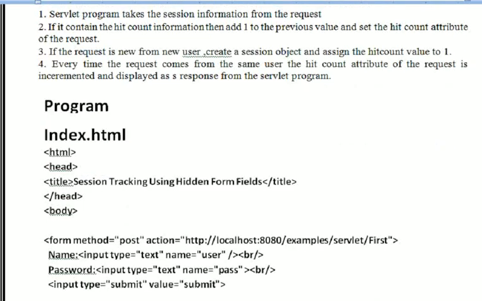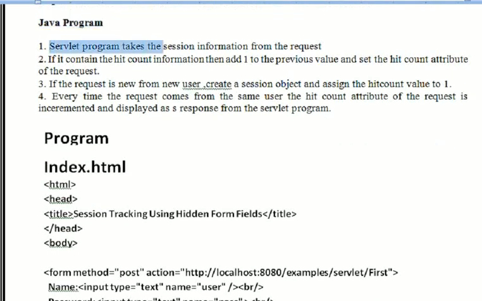Then the Java program. Here we are using a servlet program that takes the session information from the request. If it contains the hit count information, then add 1 to the previous value, and then set the hit count attribute. Third, if the request is from a new user, then we create the session object and assign the hit count value to 1.